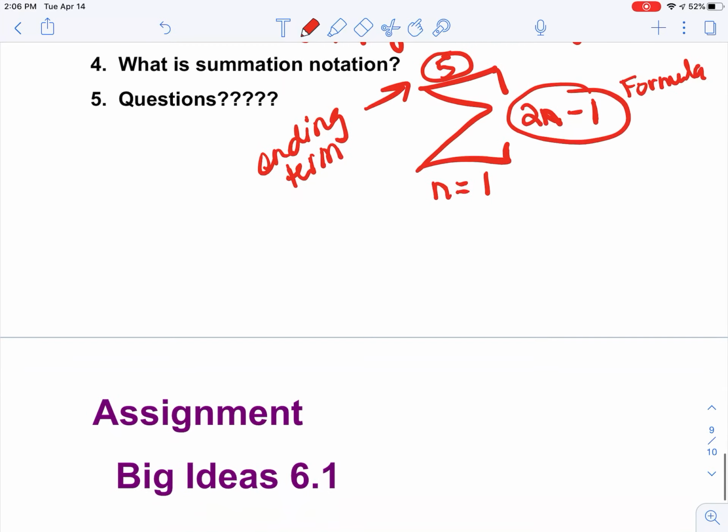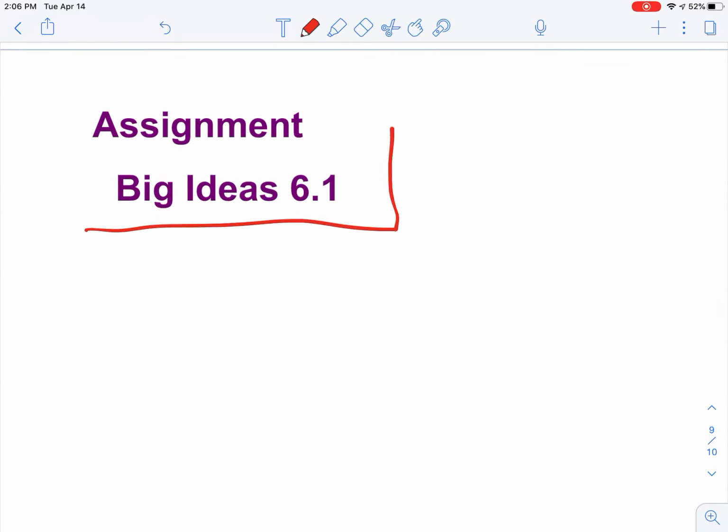So if you have any questions, make sure that you talk to your teachers. So your assignment is Big Ideas 6.1. We are in our last chapter of the year, so let's take it seriously. Next year, your pre-calc teachers will know that you learned this, at least touched on it, so they're not going to have to start from the very, very beginning. So please keep